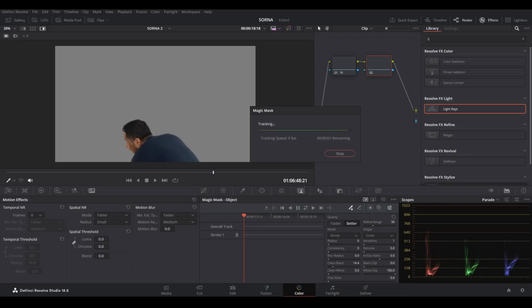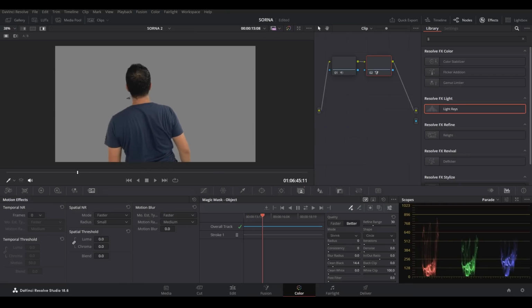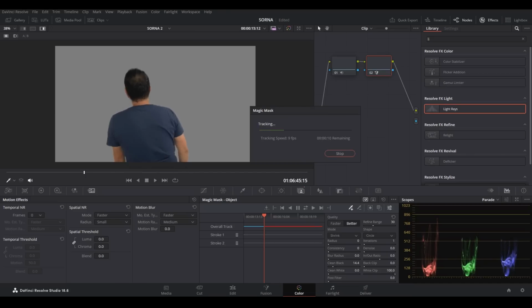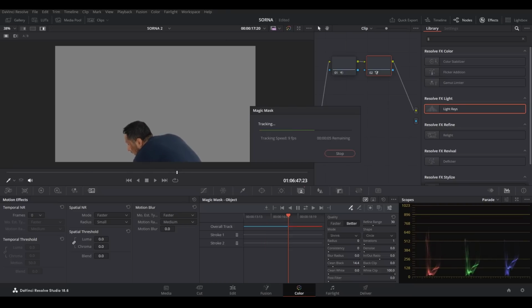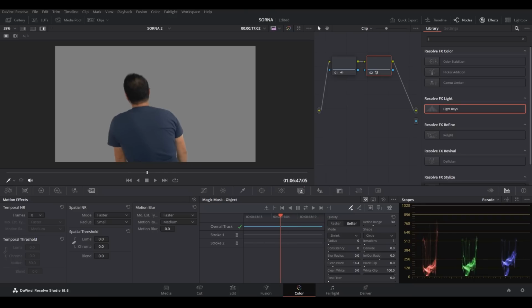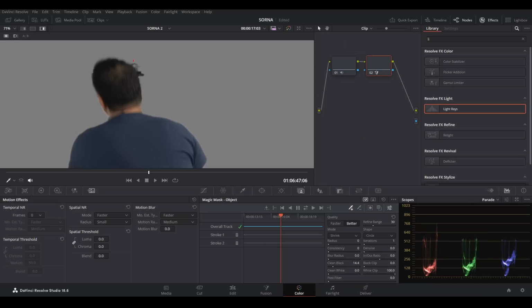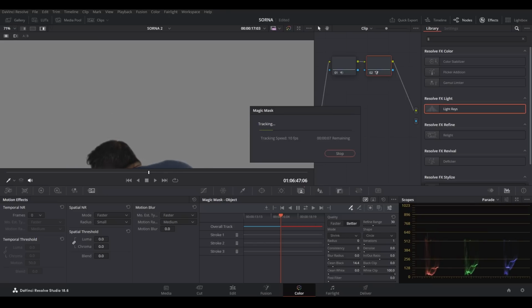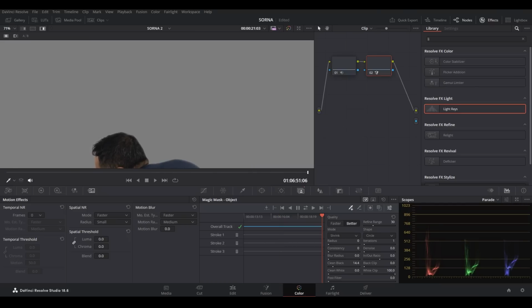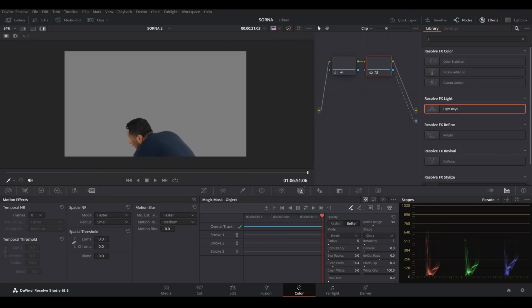It's not always 100% perfect, so I do go back and I will cut things out and I will play with things and try and remove all the things that I don't want in the shot. Sometimes if there's fast moving objects or if there's something that's blurry or anything really, the AI in DaVinci Resolve Studio might not be able to capture that, and so sometimes it is a little bit tedious to go back frame by frame and cut things out. But this is far superior than rotoscoping manually, and it's a big jump forward from green screening,